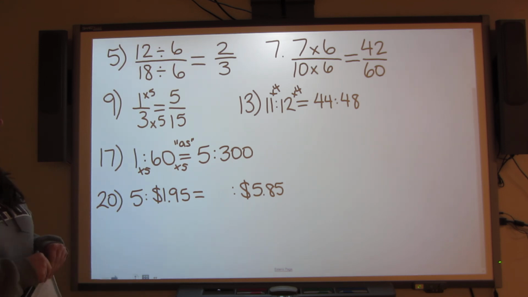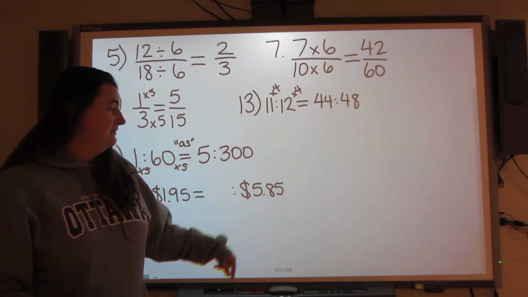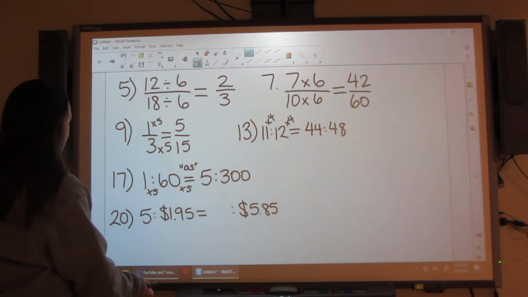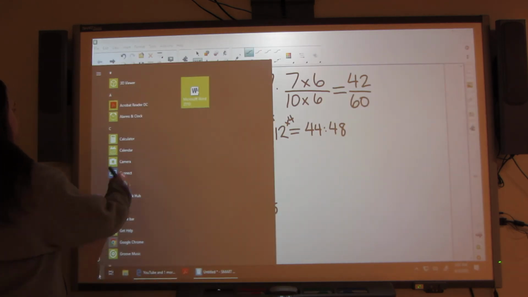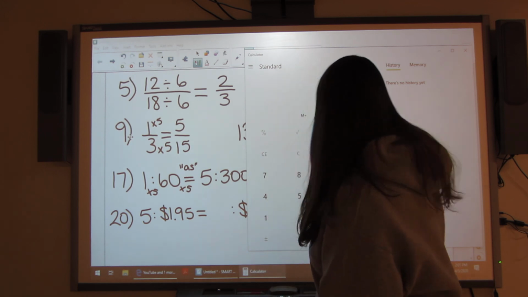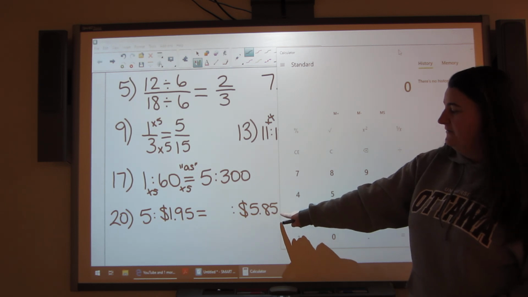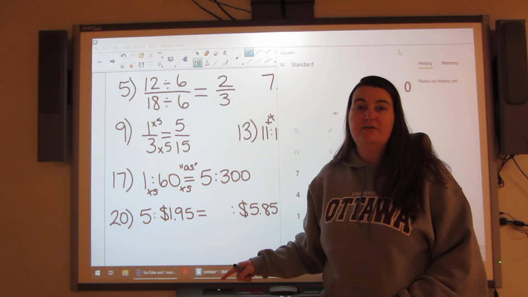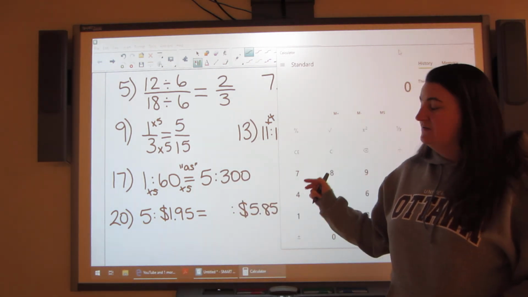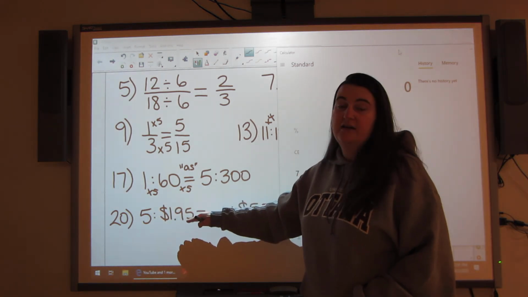So when you're doing that, what you need to do is, how did I turn 195 into 585? So the easiest way to do that is divide. Now, like I say, you can use a calculator. So I'm going to move this over a little bit. I'm going to take my 585 and I'm going to divide it by 195. Because remember, when you're working back and forth on the other side of those equal signs, you can use multiplication when it gets bigger, or you can use division when it gets smaller. What we need to do